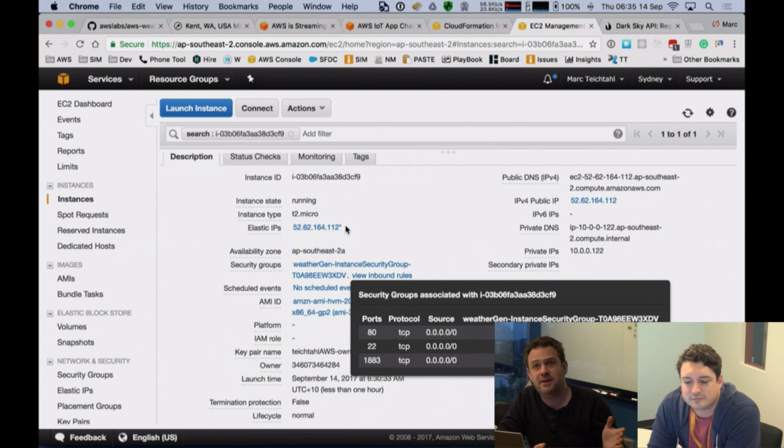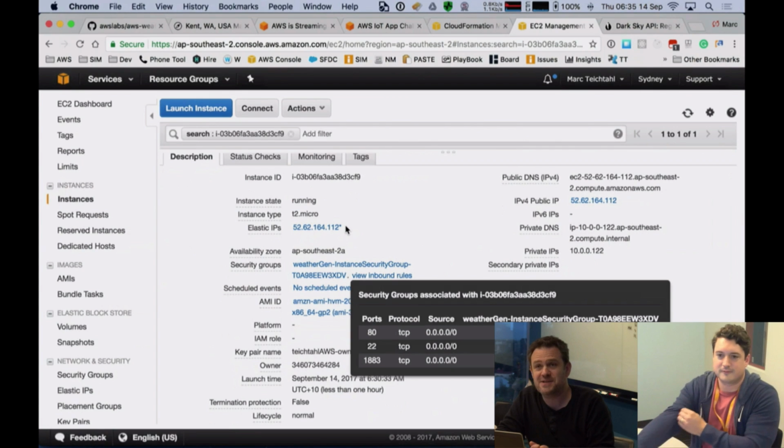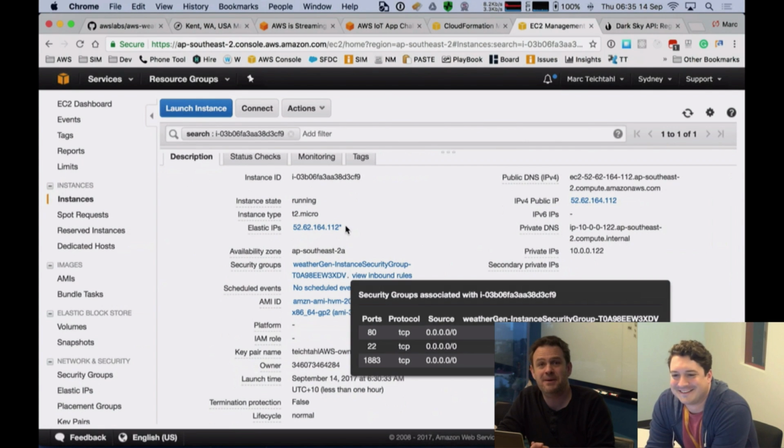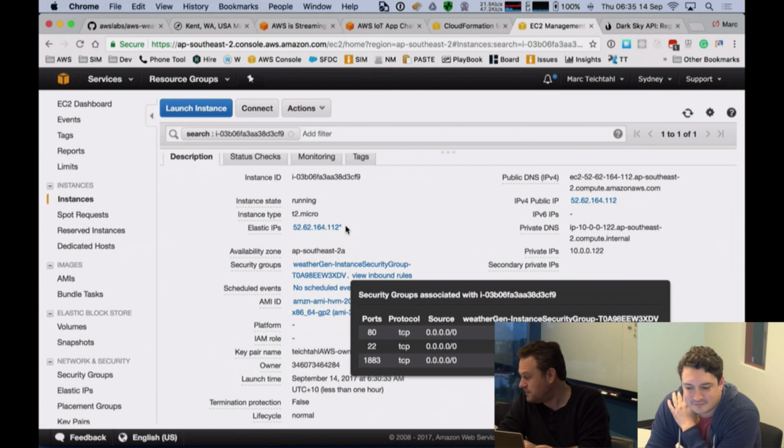And then when I've run out of steam on this, Ryan's going to pick up and run you guys through how you can take this data and process it using some of our streaming tools. Ryan, do you want to give the guys a quick update on what you want to cover off? Yeah, so what I'll be showing is a little bit different. Instead of using a CloudFormation template, I'll be showing how to interact with some of the Amazon Kinesis services by hand using the CLI as well as the console.